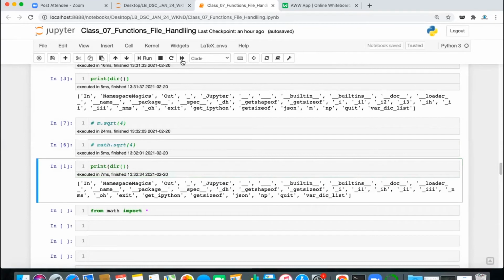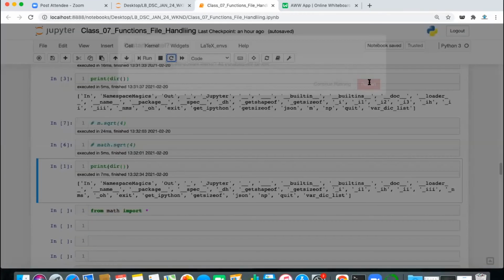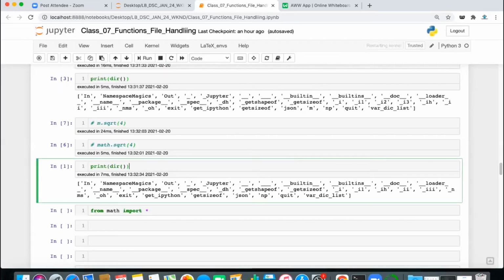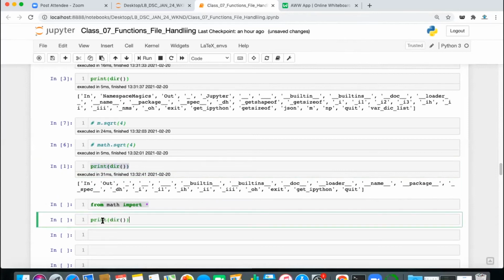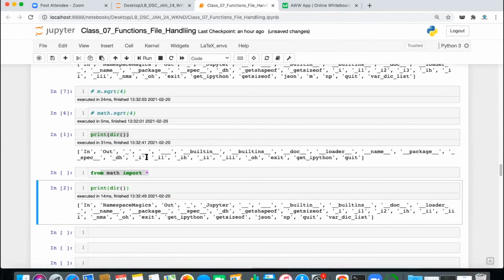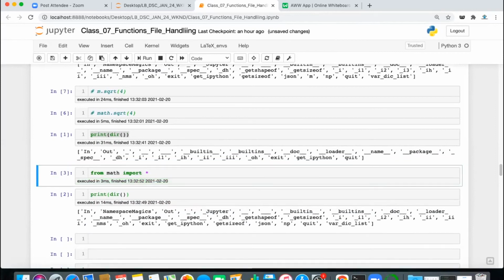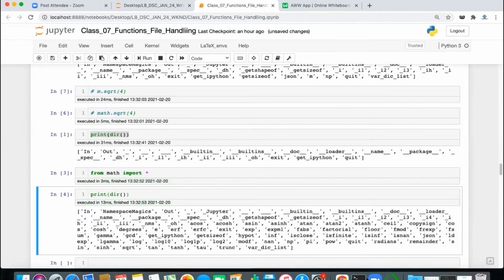As of now, we have nothing but the basic things available inside our current namespace. When we write from math import star and then check the directory, it will show that all the methods and functions defined inside the math module are available to you directly.